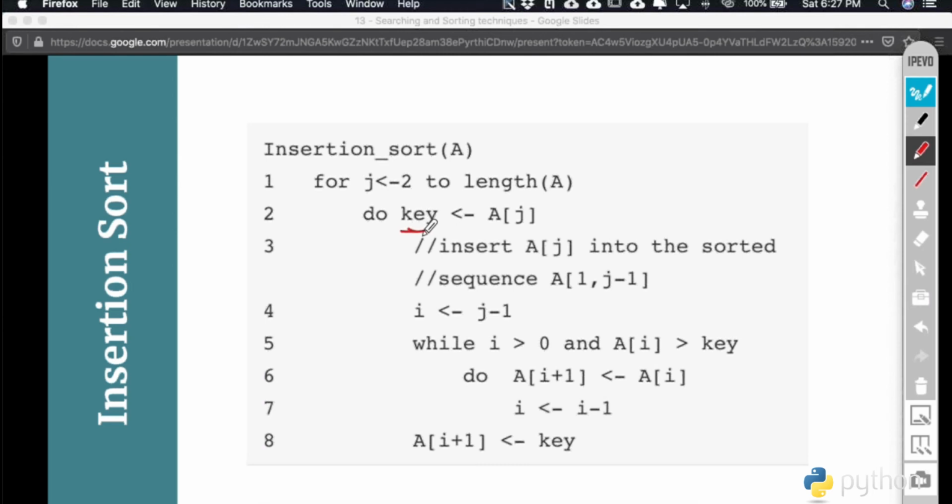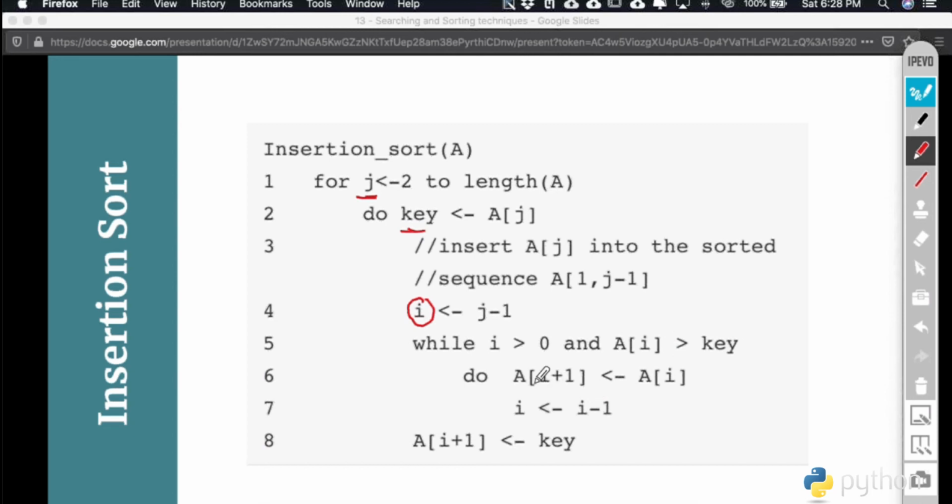And now we try to find out the right location of that card where we can insert that. So currently we are pointing at location J, which is the second location. And so what you do, you start making a comparison with one less location, because we are traversing from right to left. We are making an ascending arrangement. So we look for this comparison until two things: until the whole index is exhausted, or you find the location, or like what you say, until the key, the item that you are inserting, is smaller than the existing item. If it is smaller, what you do, you start swapping them one by one.